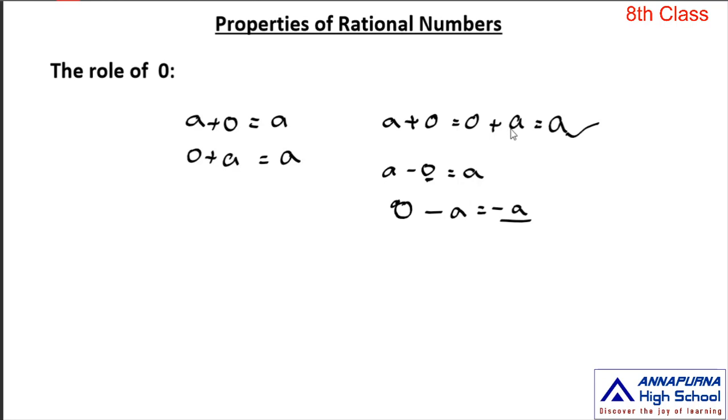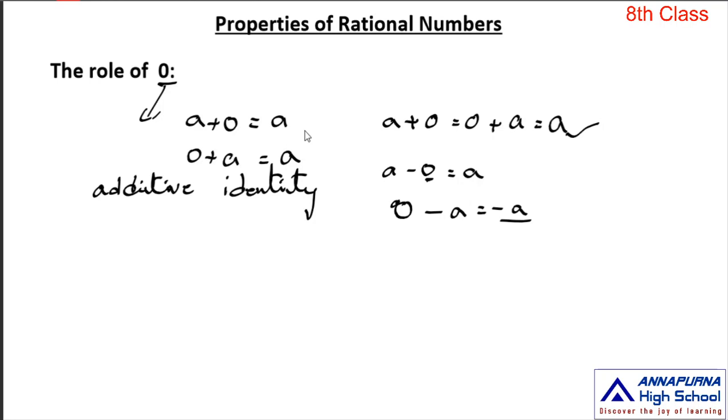Not only in rational numbers, even in integers, whole numbers and natural numbers, in any type of collection of numbers, if you add that 0 to a number and that number is added to 0, we get the same result. That's why here we call this 0 the additive identity. Additive identity. Okay, now this is the fourth property, existence of identity.